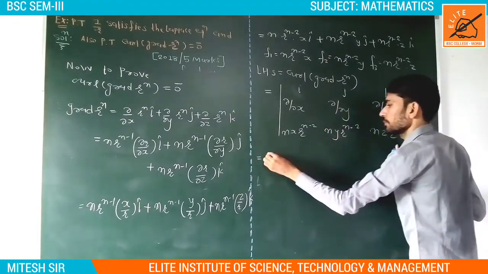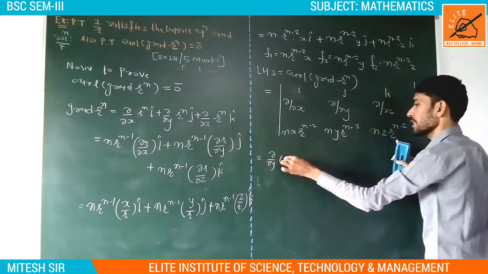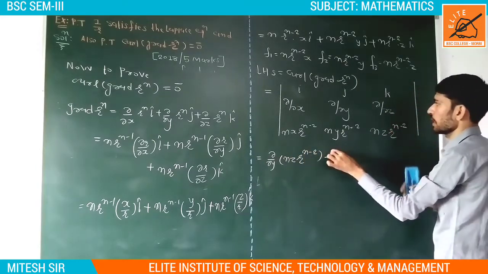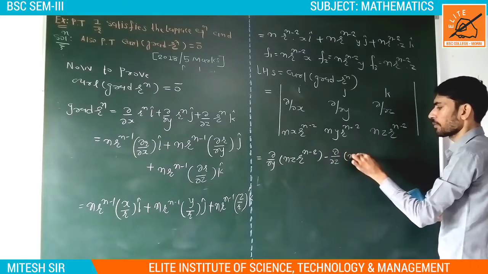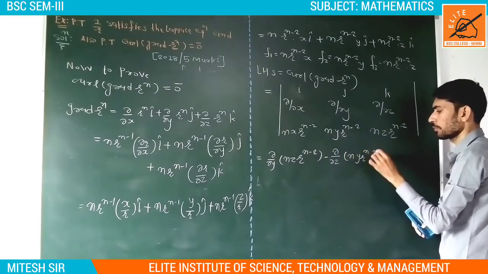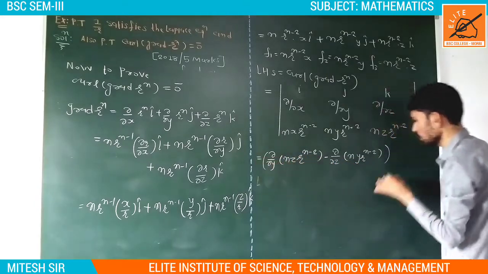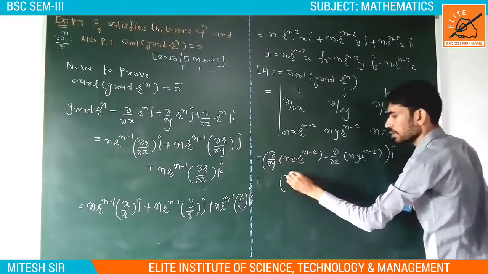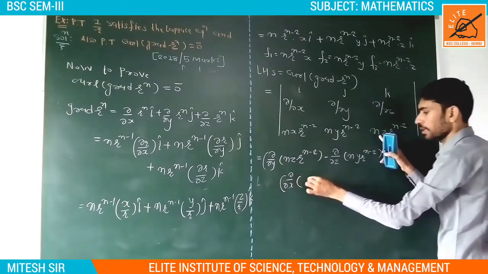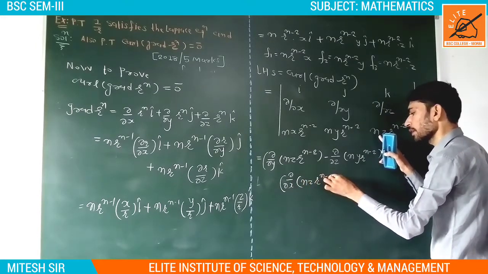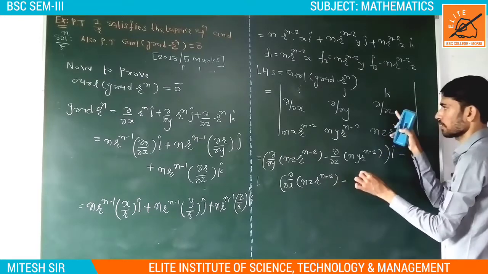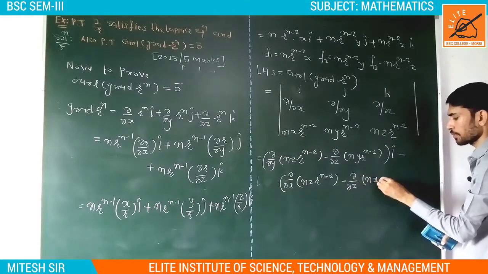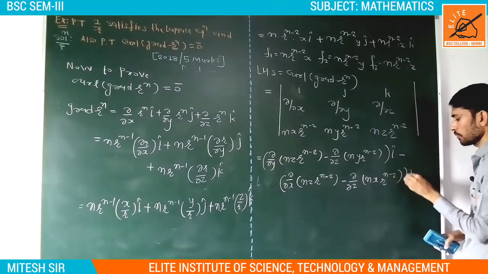So del upon del y into n z r raised to n minus 2 minus del upon del z into n y r raised to n minus 2 into i cap. Now minus, del upon del x into n z r raised to n minus 2 minus del upon del z into n x r raised to n minus 2 into j cap plus